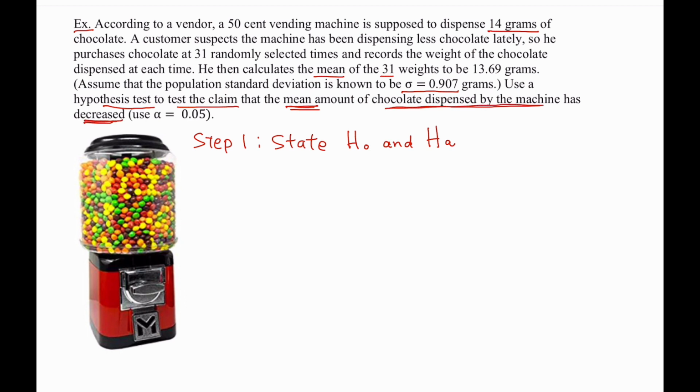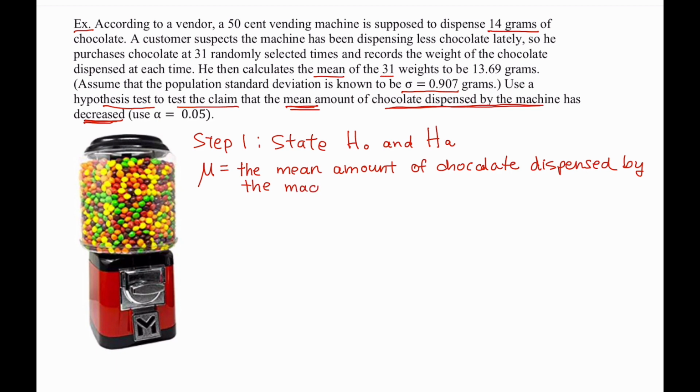decreased. I want to be clear here that when I use the notation mu, this mu is a population mean, and it is the mean amount of chocolate dispensed by the machine. Okay. And remember that our